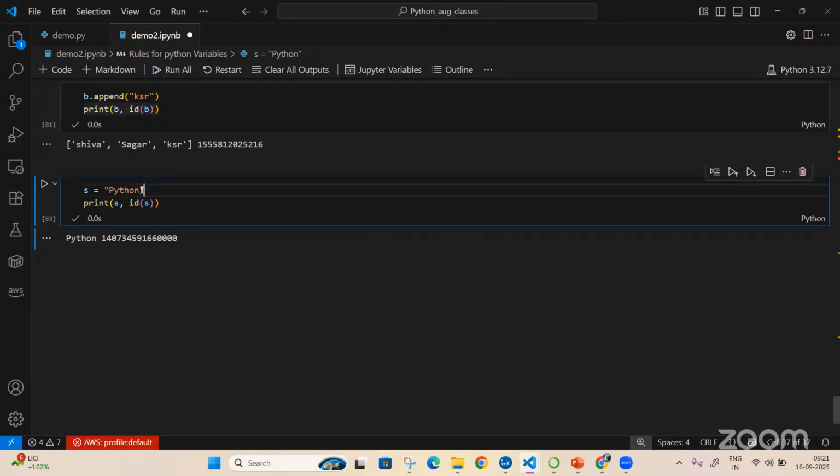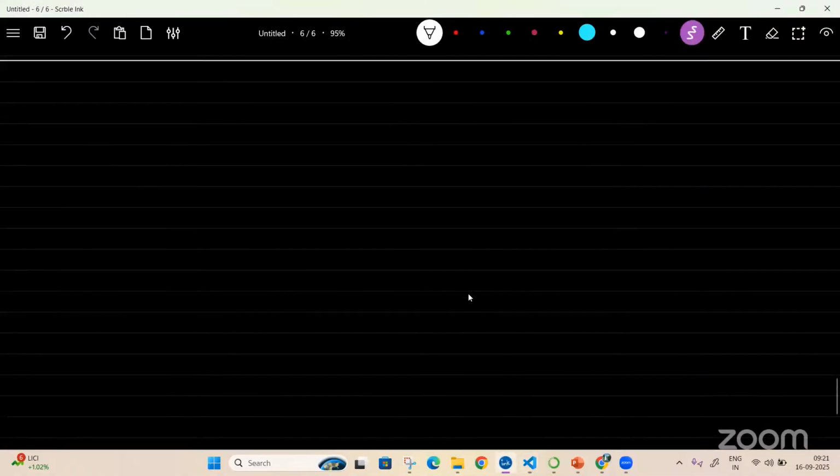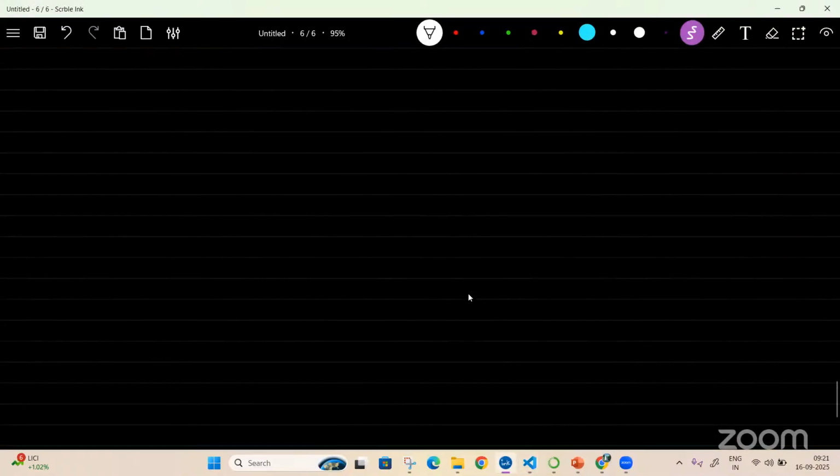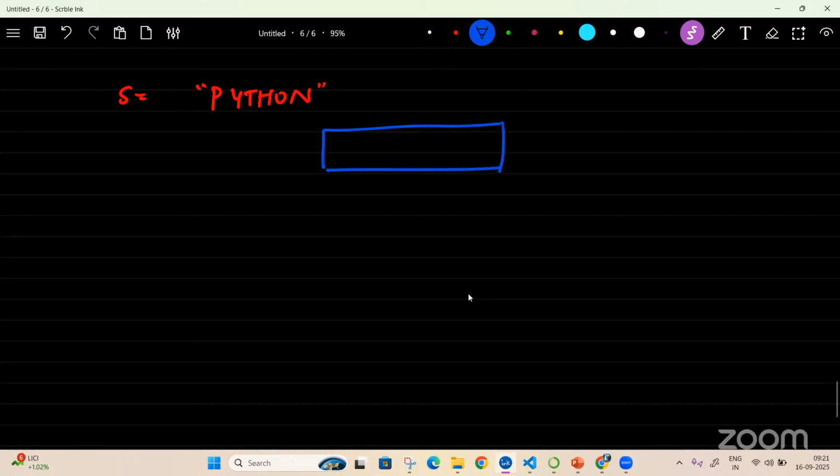But how in the backend is this particular S stored? Assume I said S is equal to Python. In the backend, it will be divided into something like this.